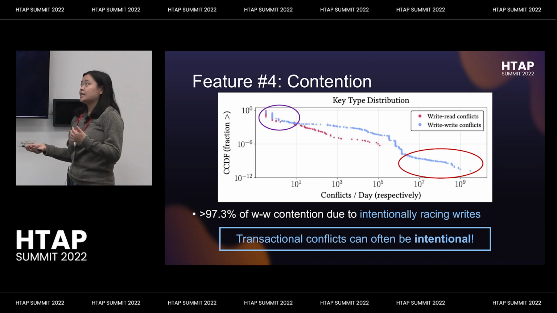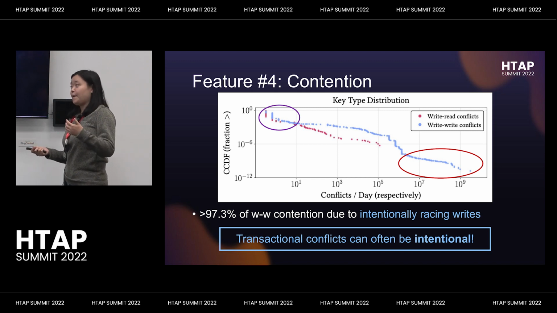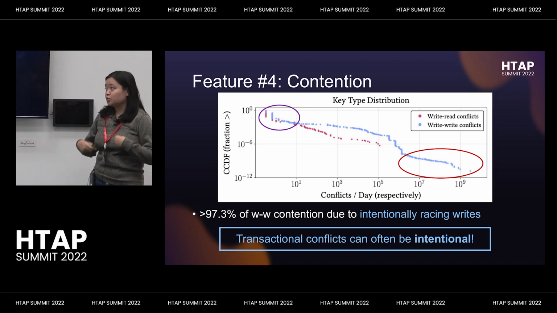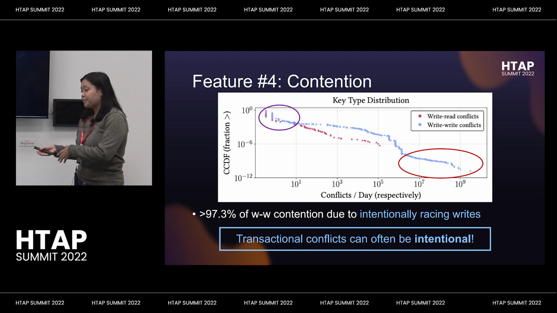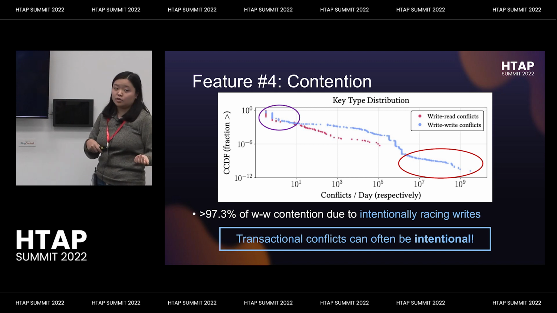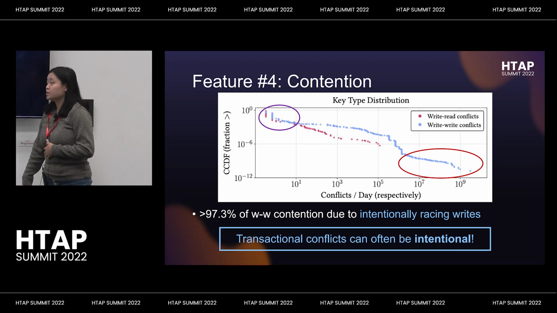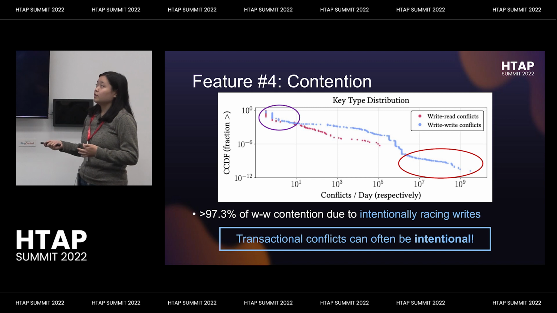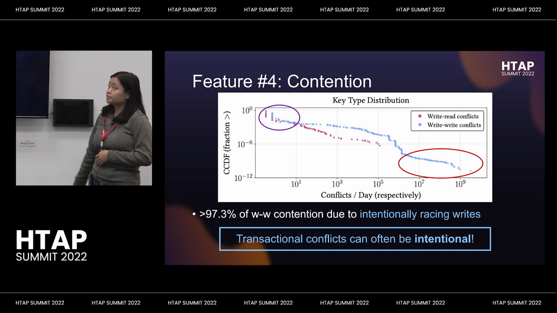An example of this is one application that was doing live video, and it wanted to annotate the live video, so it was cutting it into time slices. To do these inserts, it was sending redundant requests to the database to make sure that by the time it needed those slices, they would be ready. But this would cause a lot of those insert requests to error out, and the application knew it could safely ignore those errors. So this is something interesting. We found that these conflicts are often intentional and can affect the majority of requests that are using transactions.